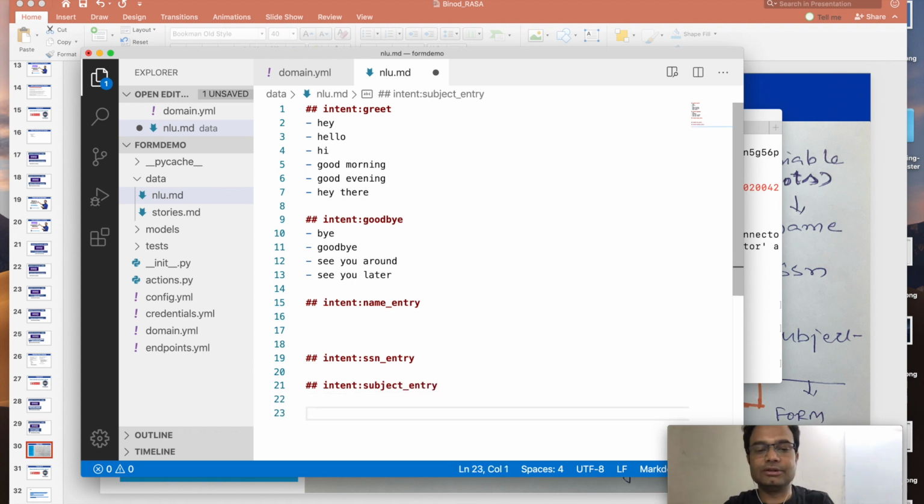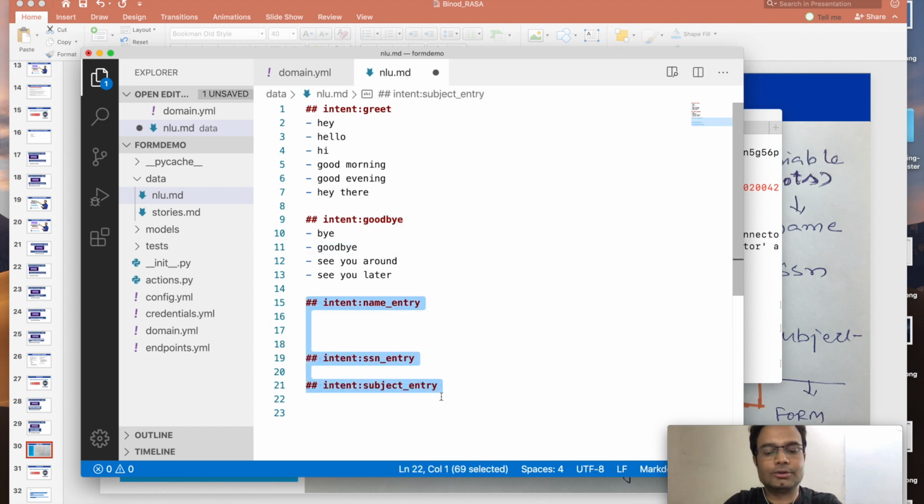This is the intent we want. Let me copy and paste, we have already defined it somewhere. So let me put all the entities. And we want one admission inquiry also, so we can give the message, nothing more than that.